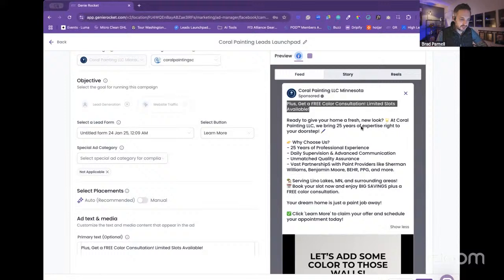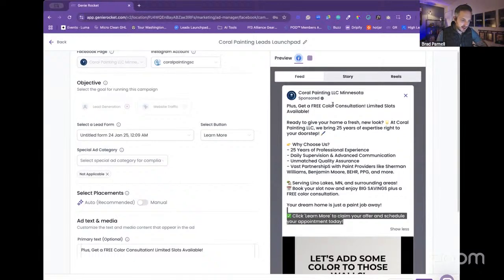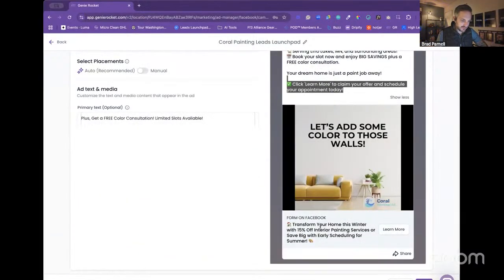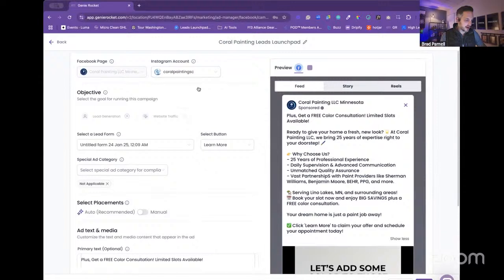It's going for a very specific area, right? So we're saying Lino Lakes, Minnesota, and your dream home's just a paint job away. Click learn more to claim your offer, with the offer being a color consult and 15% off. So it looks like it's working okay, and we want to try to figure out something that might work better. So I'm just going to pull up an email. They say,